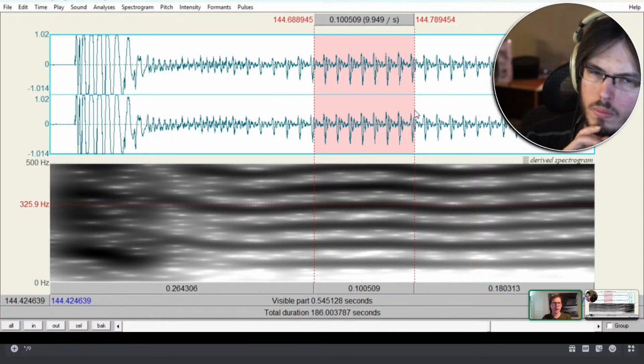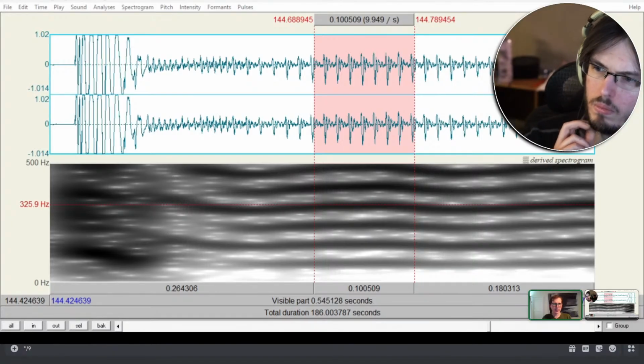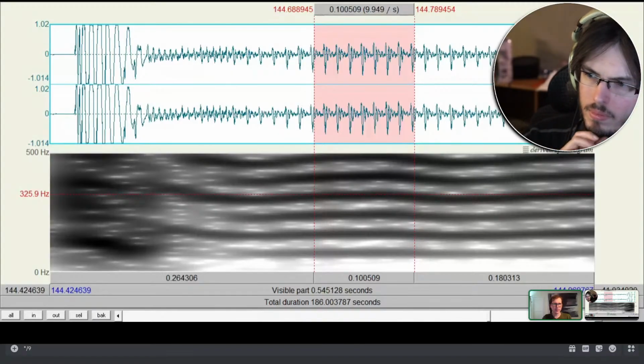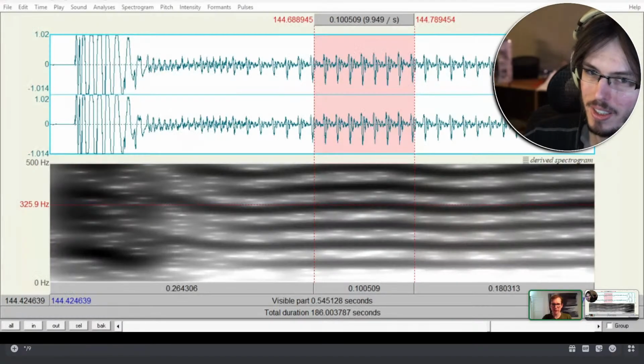I'm going to pick 100 milliseconds. I'm going to get a spectrum out of this. And you can't see this yet, I don't think. But I'm going to change the setting here, and then share a different screen. I know I went on about that for a second, but I feel it's important to make sure we know what we're looking at in the different views.